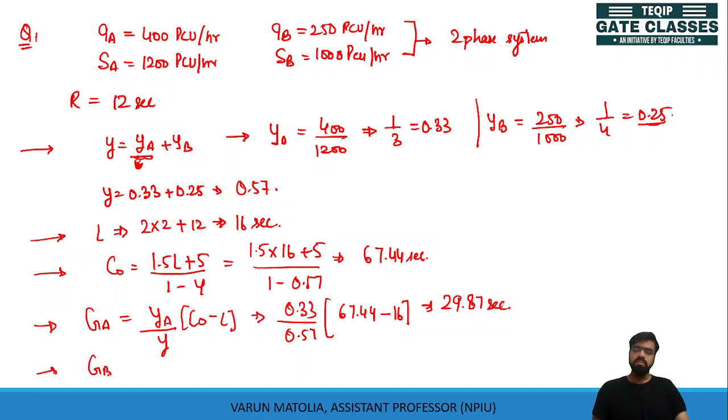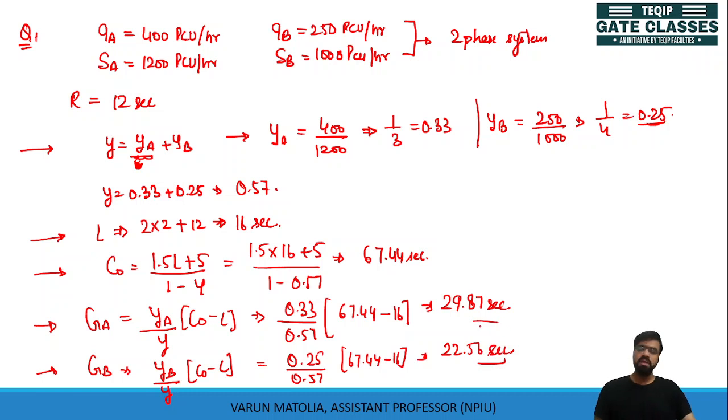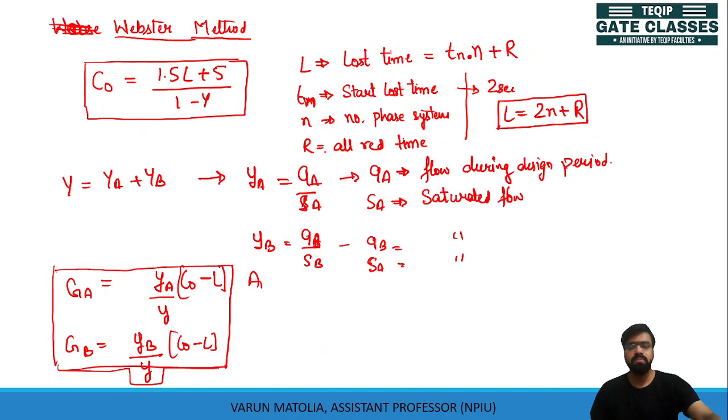and GB will be similarly the proportion of traffic in the YB direction. This is equal to 0.25 by 0.57. This is equal to 22.56 seconds. So this is how you can design your section, and this method is really important for a GATE